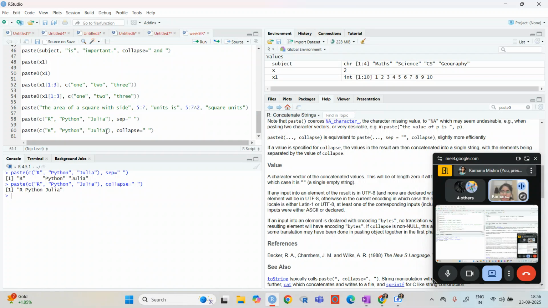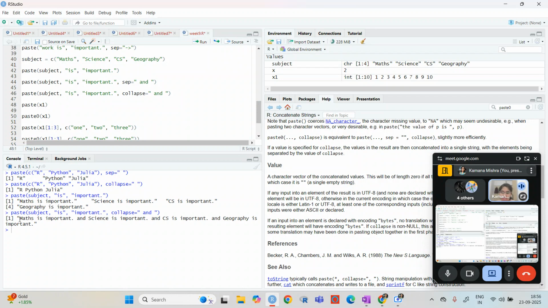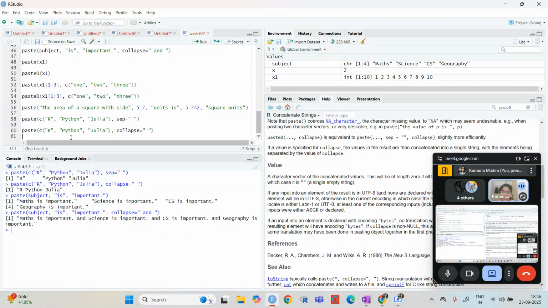In the collapse, because I have not given anything here, when I have written this, it is coming like this. As soon as I have done collapse, you can see there is just one inverted comma, and here there are different inverted commas. So in this it will not separate, it will just write all inside one.